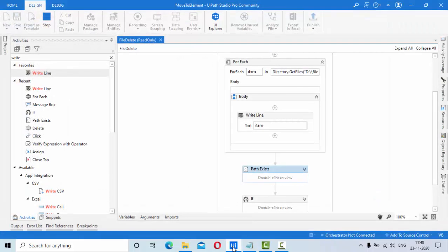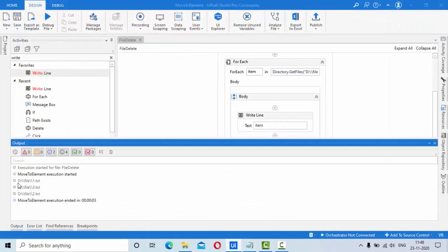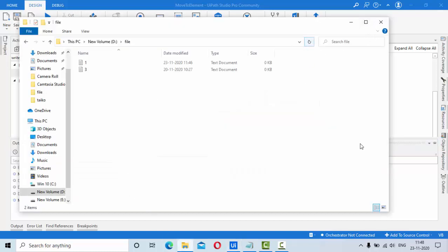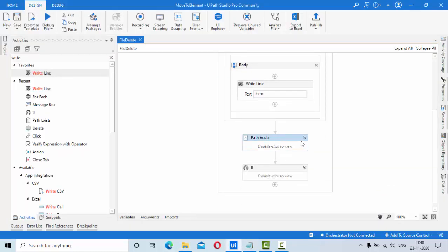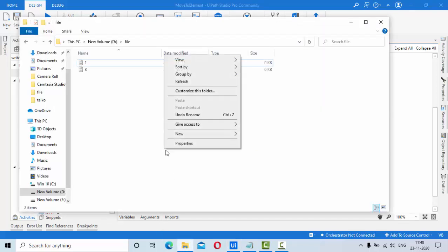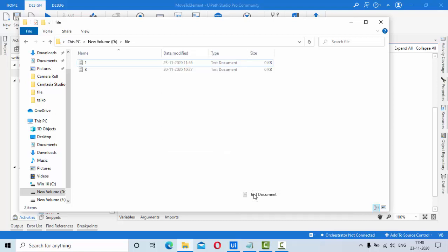Okay, now you could see it executed. Then go to the path. Now you could see we have all these files. Since I have already executed this part of the code, I have deleted this 2.txt. So let me try to create that file as well.